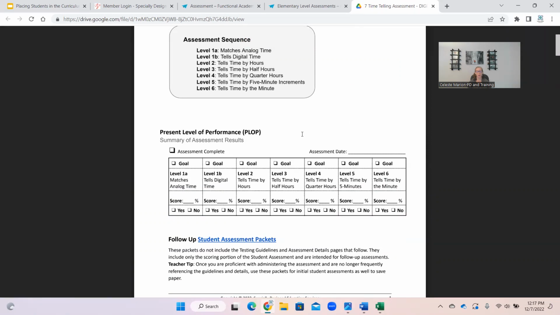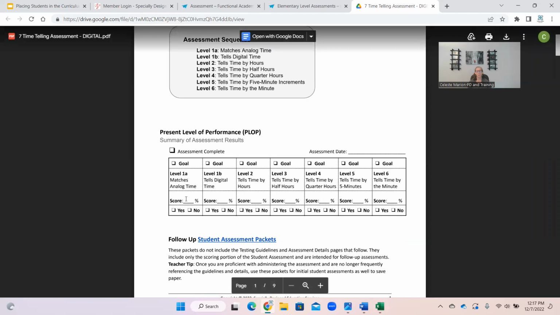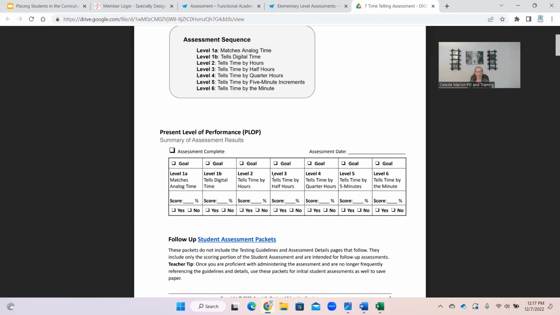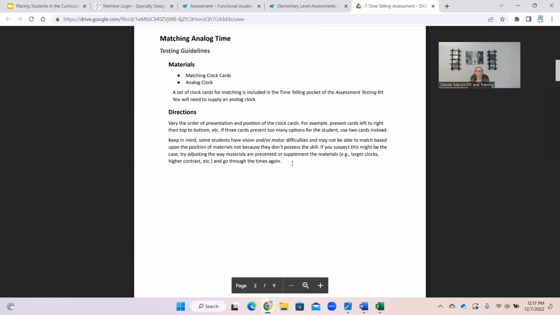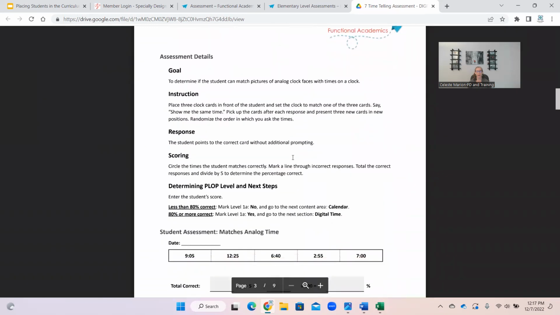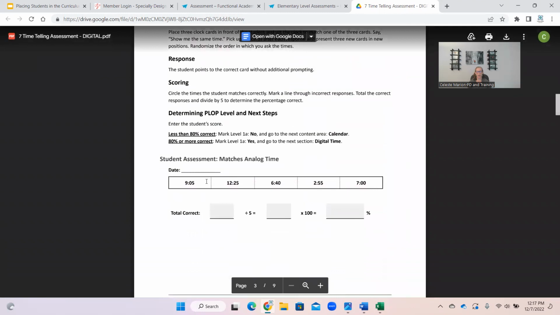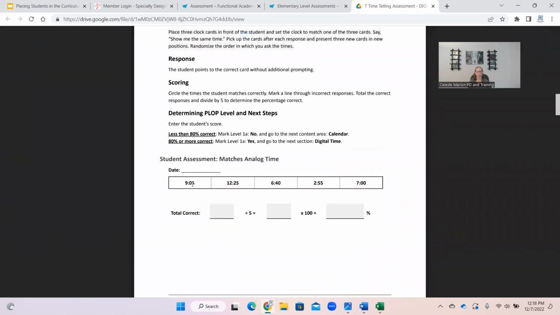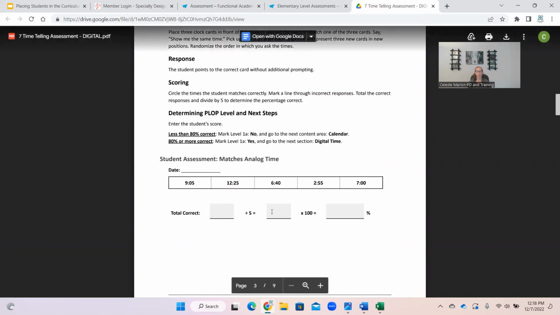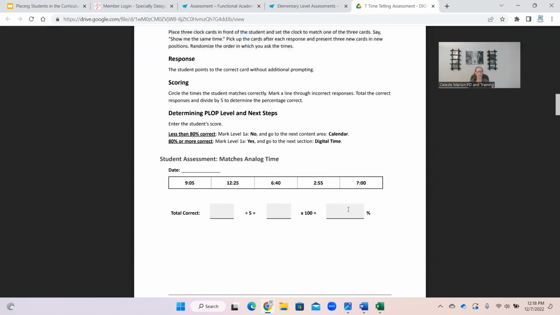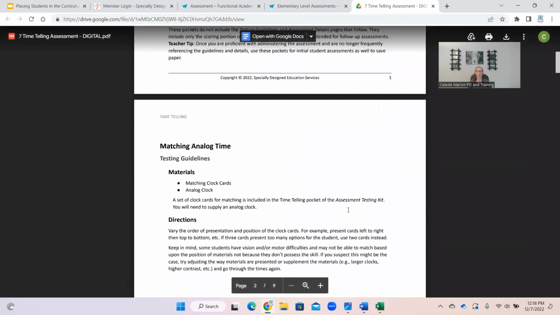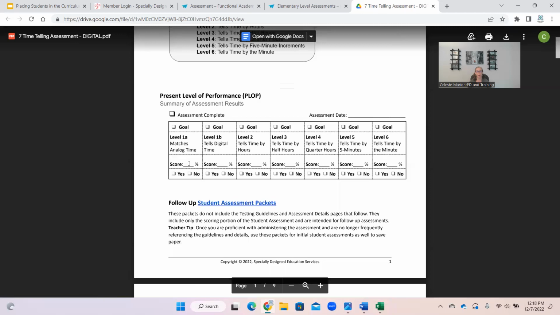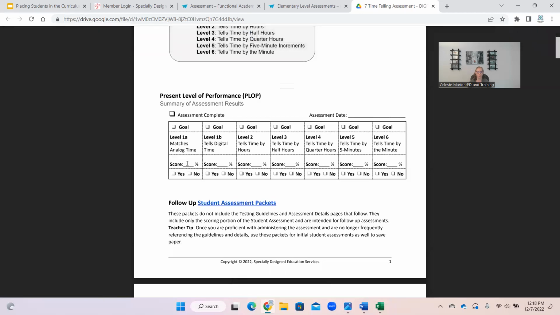Most of the recommendations from the assessment: if your student scores above 80%, move on to that second level. Remember, I'm going to scroll down here through the instructional guidelines and assessment details. Here is a data sheet for assessment. If your student can match this analog time, for example, in this one, you would note the number of times they got correct divided by the number possible to calculate your percentage. This percentage is what you will be charting up here on level 1. If the majority of the scores are above 80%, you will go on to that next level